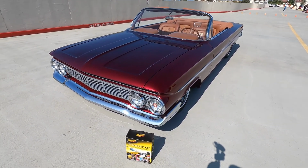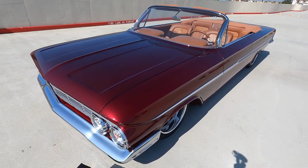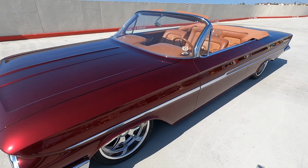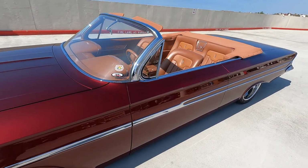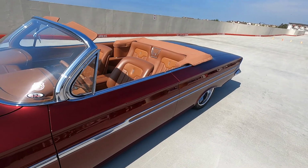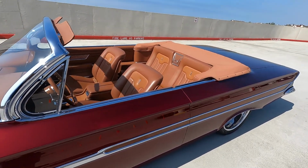Well, it was originally a barn find I found in 2015. Was it really? Escondido, California. It had been sitting in a garage for 25 years. Wow. And complete car, no rust. So we were very blessed to find a car in that good a shape. I mean, it's so pretty, so nice and straight. Escondido, obviously Southern California. The nice thing about that, of course, is it's very little rain and no